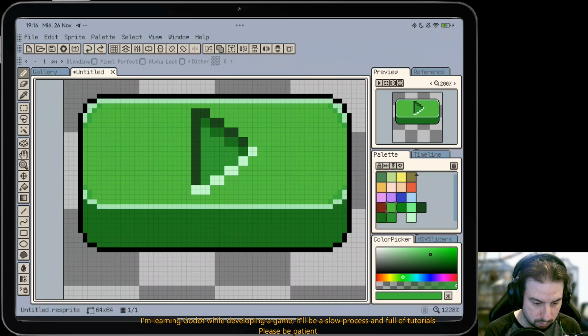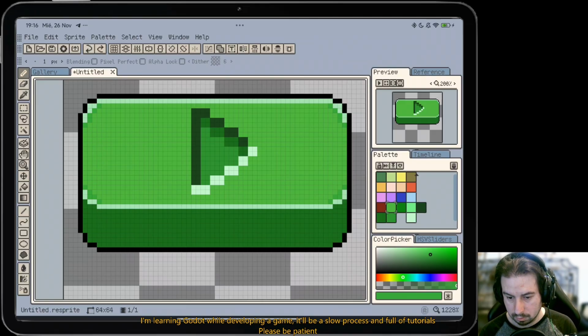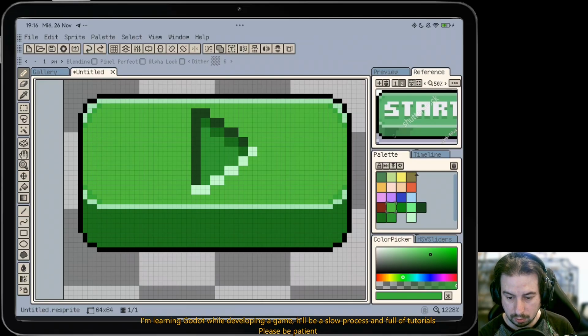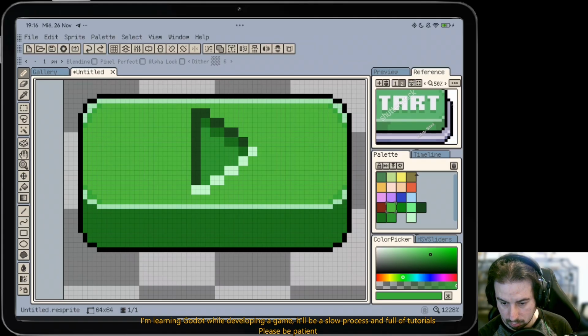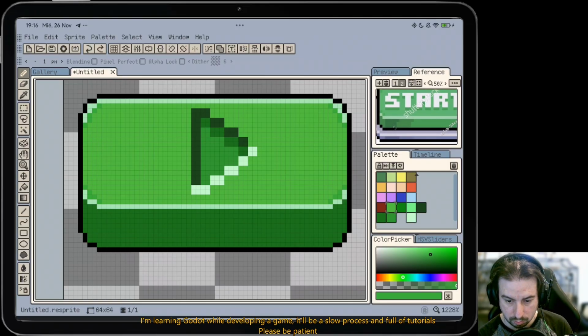And something like that. Yeah. Very subtle. And I think they do something like a gradient there in the corners. So we could have,